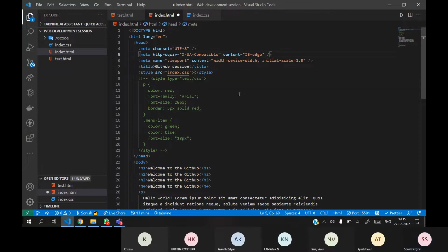Let's save. It's still not applied because I need to add the directory. We have to add the slash and then it will execute.